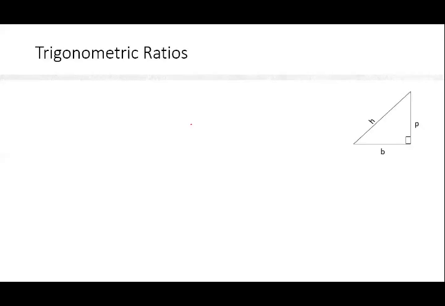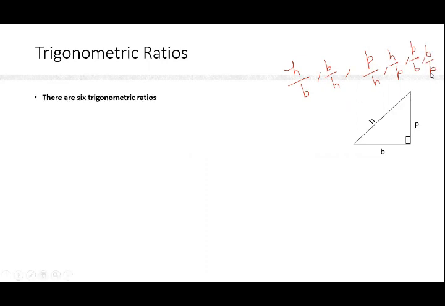There are 6 trigonometric ratios. We have learned that when we divide the sides of a triangle, we get a trigonometric ratio. We can see in this figure that there are 3 sides in a triangle, which are perpendicular, base, and hypotenuse. So if we divide any 2 sides, we get a trigonometric ratio. Whether we divide H by B, or B by H, P by H, or H by P, P by B, or B by P, we can see there are 6 possibilities. So there are 6 trigonometric ratios.